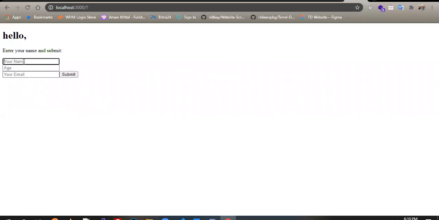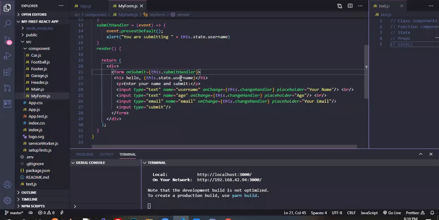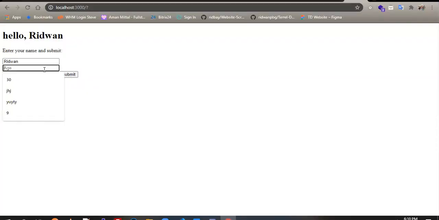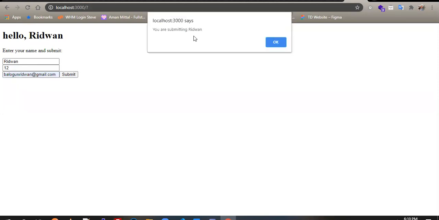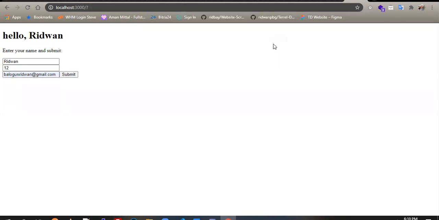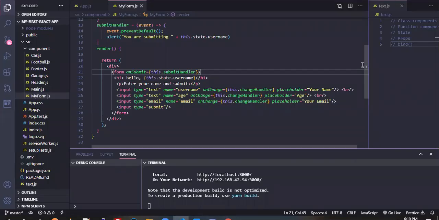So if I type name, read one, you can see that here we are saying hello, only the username. So if I type in other things like my age, let's say my age is 12, you see that it's not getting re-rendered. My email is, let's say, balogun@gmail.com. And if I click the submit, they are submitting read one,